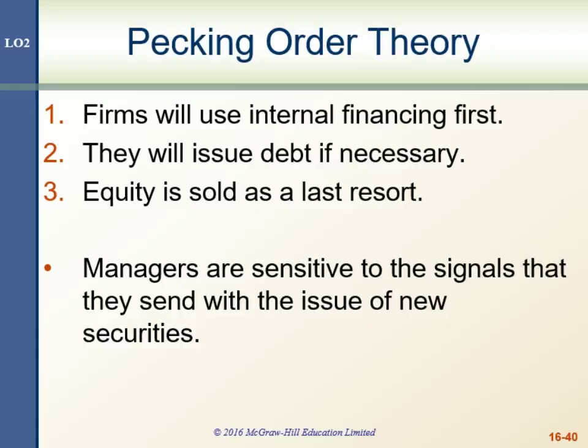And then they would issue debt as the next choice because the debt is a relatively low cost of capital. It comes with some additional constraints on management, so there are some indirect costs as well as direct costs, but in general, it's less expensive than issuing new equity. The equity would be sold as the last resort because it's very expensive, as we talked about in last chapter, chapter 15. The cost of issuing new capital is fairly significant, getting all of the investors, the investment brokers involved, and the accountants and lawyers and IPOs and prospectus documents, all those sorts of things are very expensive to do.